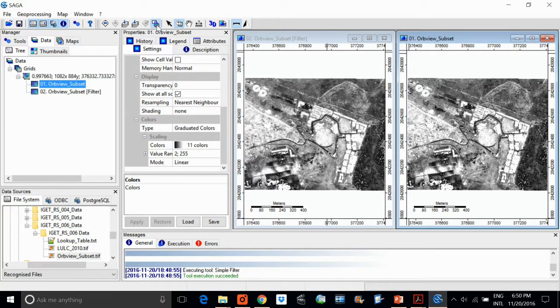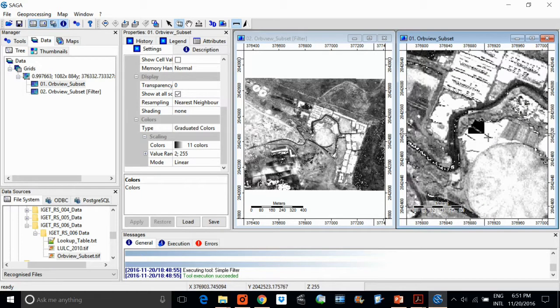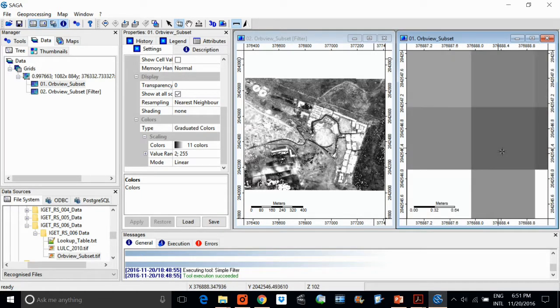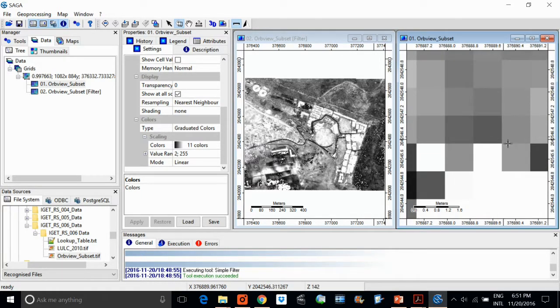Now click this action tool button and zoom in on an individual pixel as I'm going to show you. Go to the last level pixel. See. Okay, this is the last level pixel, and again here.